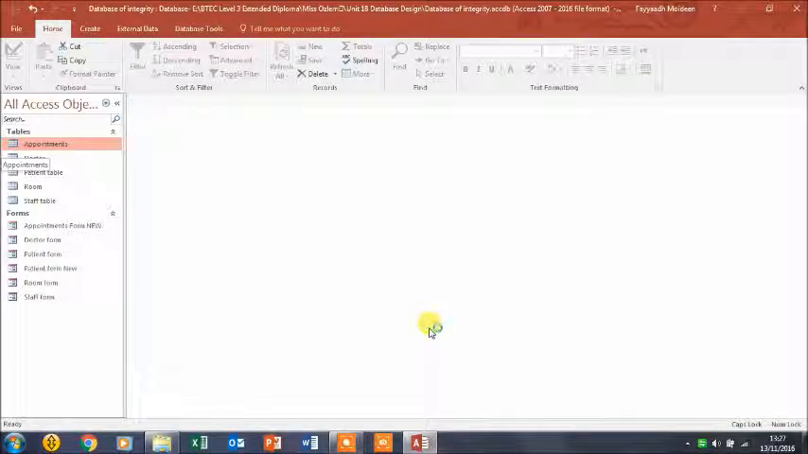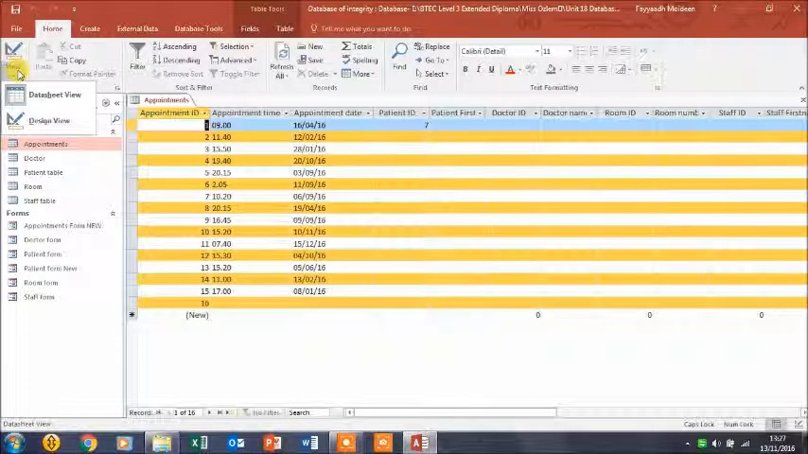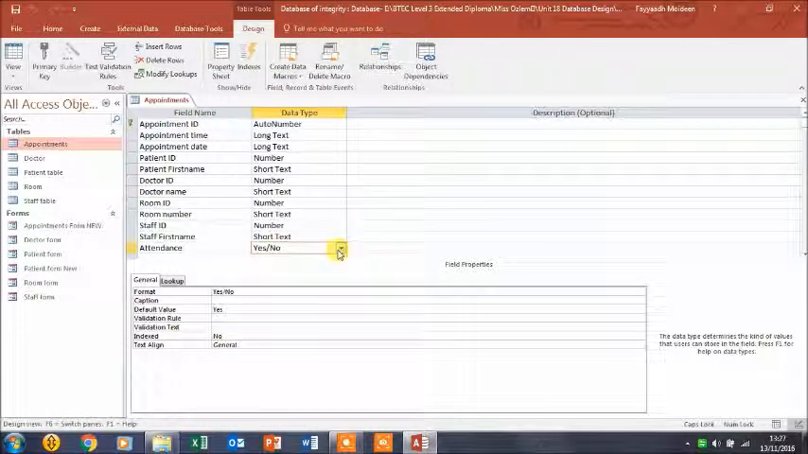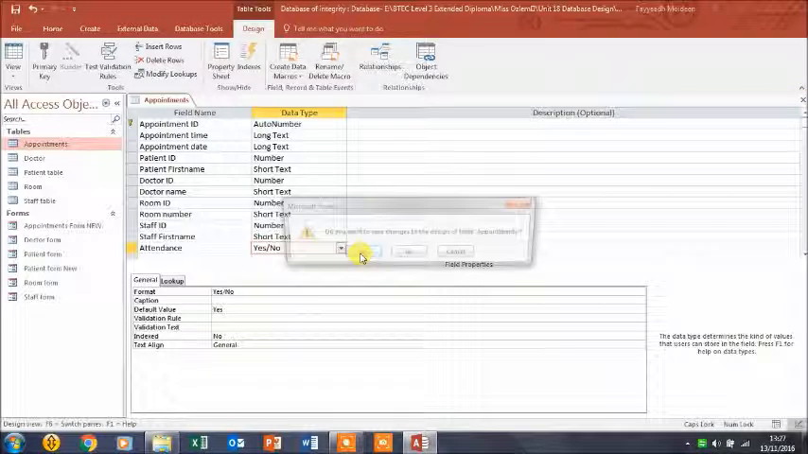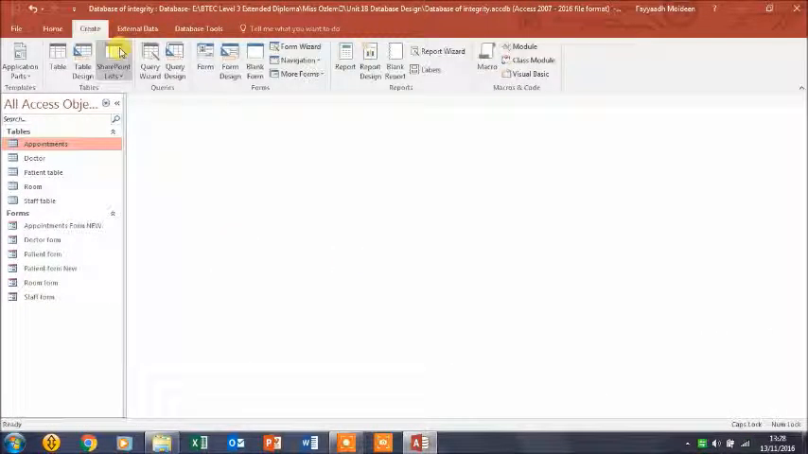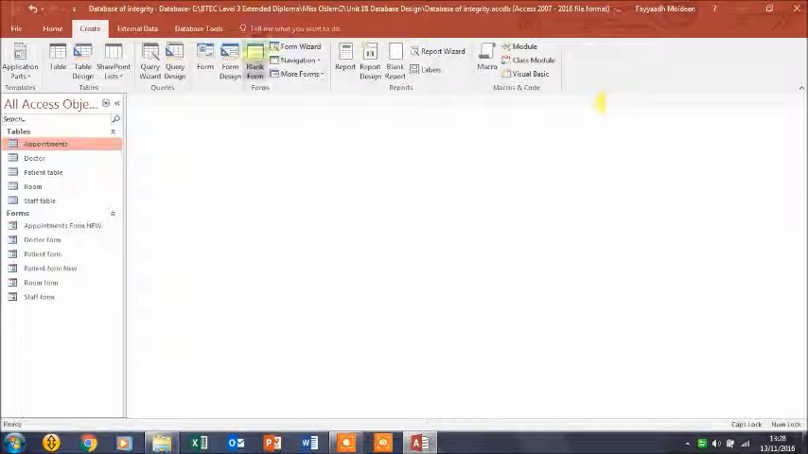Now I'm going to be showing you how I created a checkbox. I open up my appointments table, and you go to design view, and then you will see attendance. You will say yes and no. Then you click on yes and no, and then you close that. You save the table. You click on yes, and then you go to create, and then you go to appointments table, and you delete that, and then you go to form,